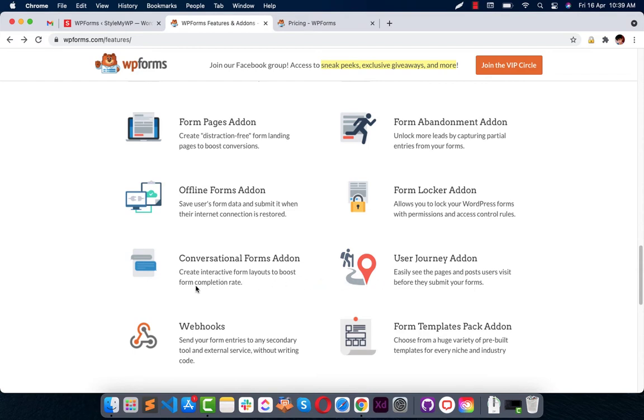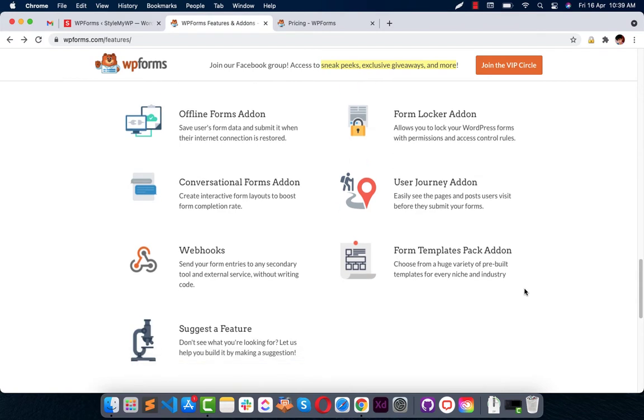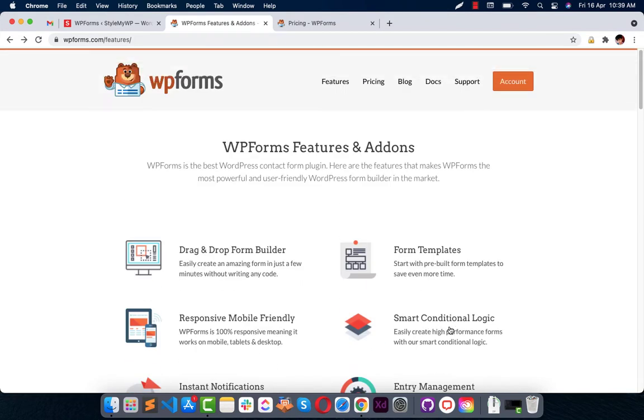You can also use the user journey add-on to see which pages your user visited before actually submitting the form. There are also webhooks and form templates pack. So there are lots of add-ons that can make your form very powerful.